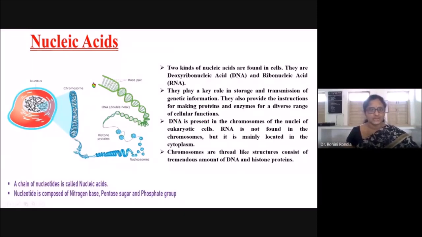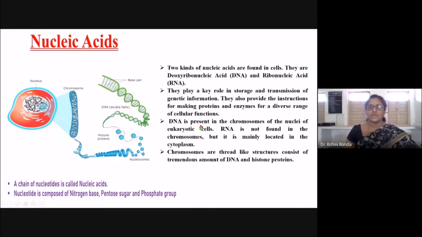Human cells contain DNA and RNA nucleic acids, but where are they located? See this figure, and this is a cell structure, and you can see the round one. The center of the cell is called the nucleus. And this red one is called cytoplasm. There are other parts, but the main ones are the cell wall, the cell, and the center of the cell is called